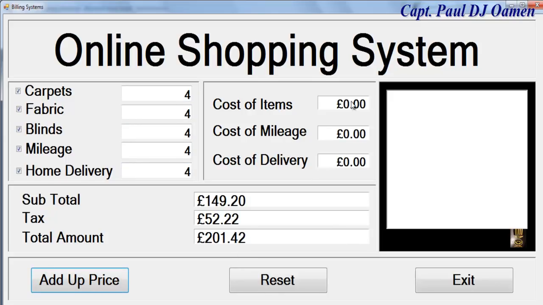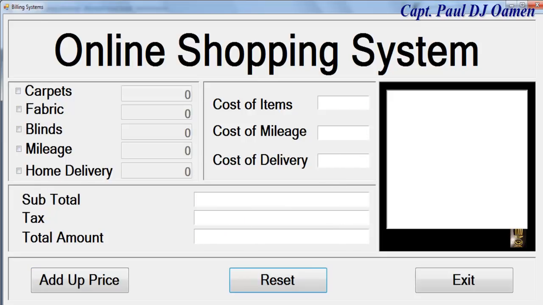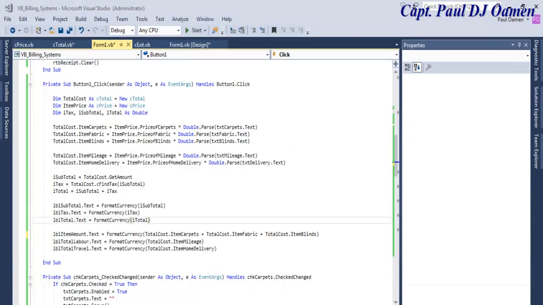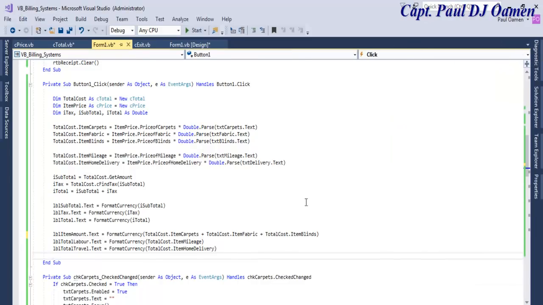Right, but we end up with zeros here. Why? We need to find out why that is 0. Okay, reset and exit. Okay, it's all 0. It looks alright, but there's something, I think, because